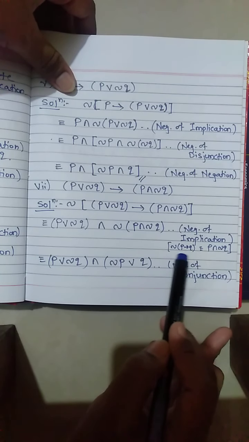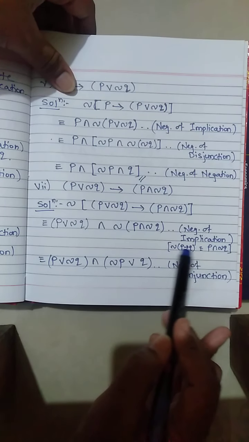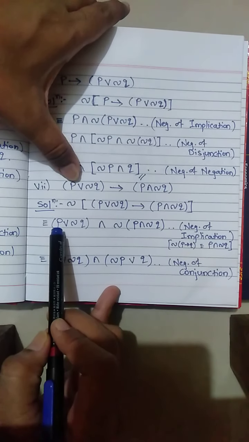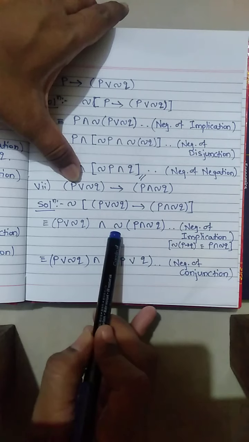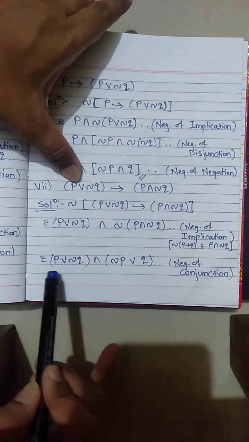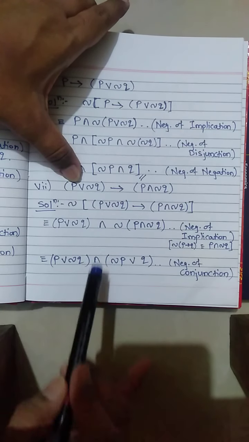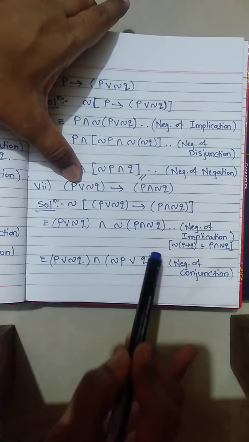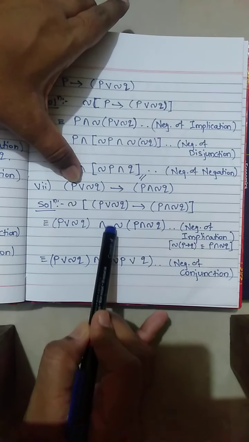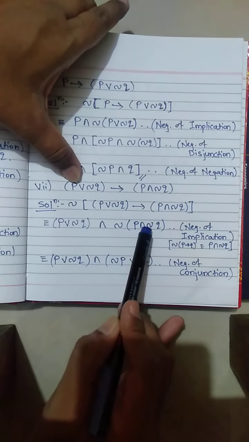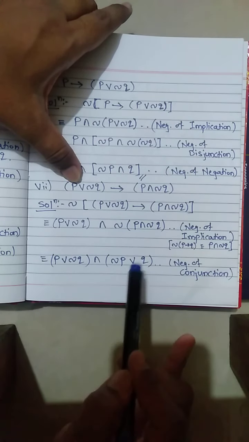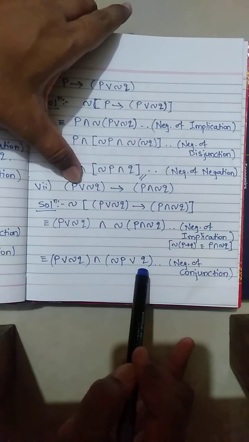Negation of implication. I have written the rule here. First statement and negation of second statement. So I have applied that rule here. Next, first statement as it is, P or negation of Q, and is also as it is, and in the bracket we have applied this negation sign. So what is the middle connective here? And. So negation P and is replaced by or and negation Q.